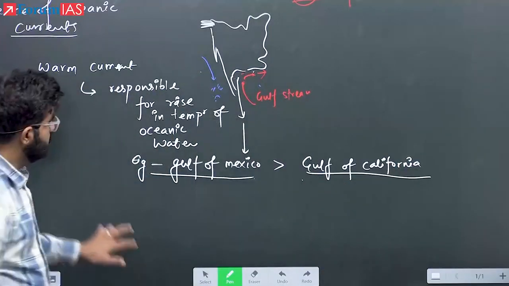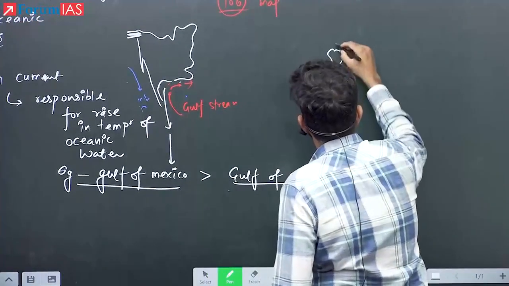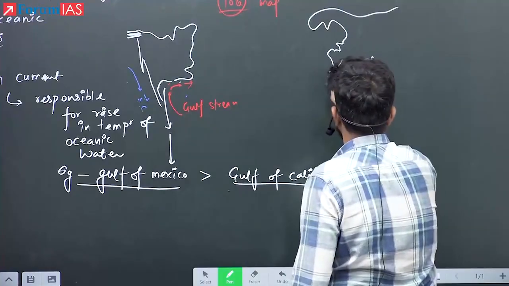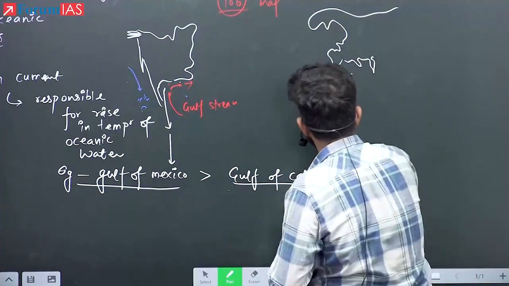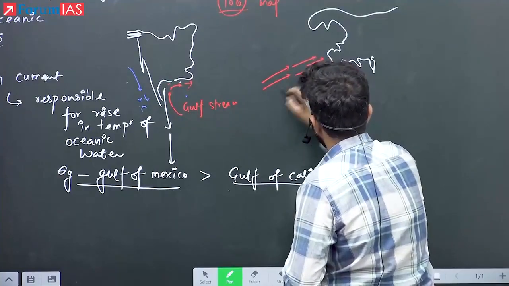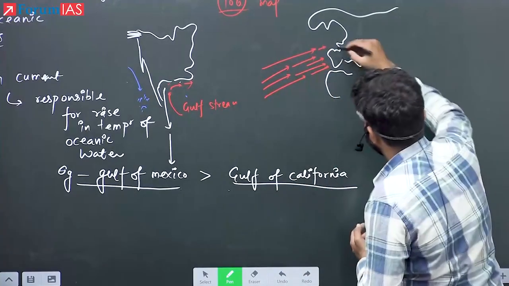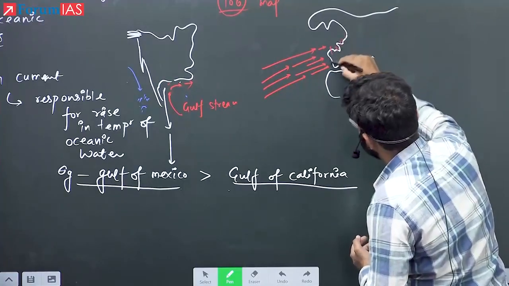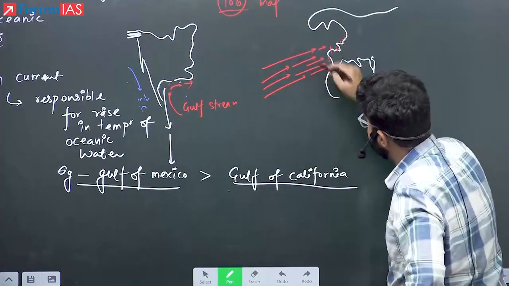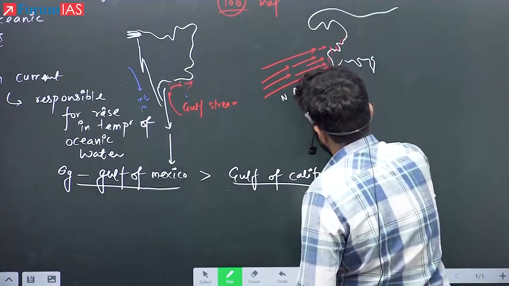This is one example. The second example, if you are, let's say, writing in the mains, then you can always talk about this example. Here, the presence of which current? The presence of the North Atlantic current. Did I discuss this phenomenon? Yes. The presence of the North Atlantic Drift is responsible for making these areas ice free even in the harsh winter. So write down the second one: the presence of the warm Atlantic Ocean current, North Atlantic Drift,